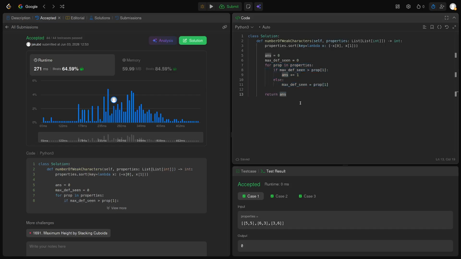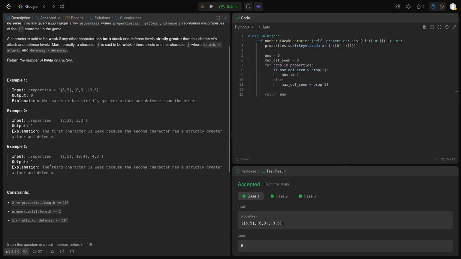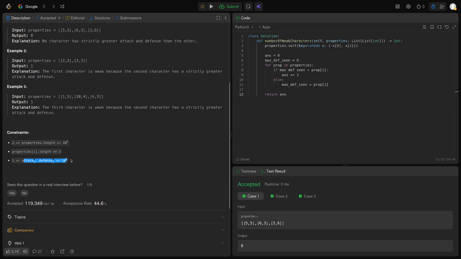Because attack and defense are up to 10 to the 5, so let's make an array of size 10 to the 5, of max attack, and for each attack we save the max defense there, and then if we have seen something larger, then